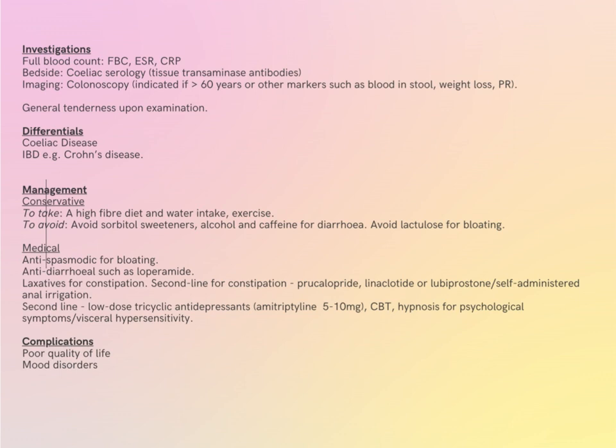Irritable bowel syndrome can be investigated through taking a full blood count. Especially, we want to be looking for raised inflammatory markers such as increased ESR or increased CRP. A very common differential will be celiac disease due to having very common and similar presentations such as the bloating and the poor absorption. So we want to rule out celiac disease through taking a celiac serology to test for